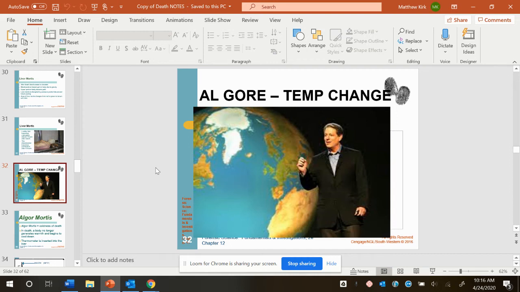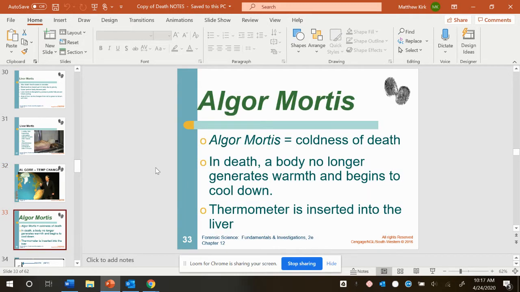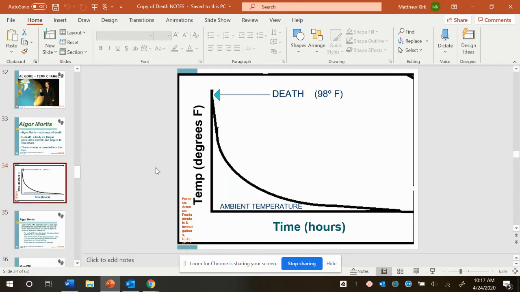Right, here we are again to talk about another method of estimating the PMI, the post-mortem interval, and that is by looking at Algor Mortis. Algor Mortis refers to the coldness of death, because when a person dies, the body is no longer going to generate warmth, and it's going to slowly cool down to eventually match the temperature of its surroundings. And enough studies have been done that we know there's a relatively consistent cooling rate